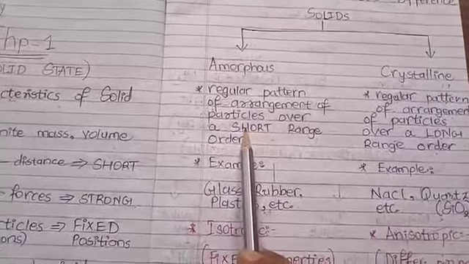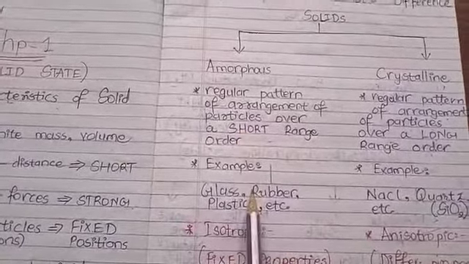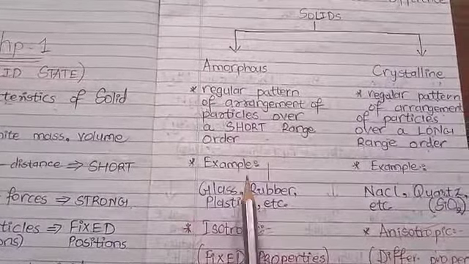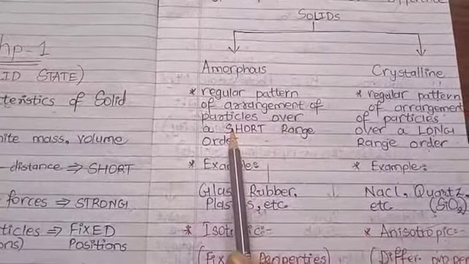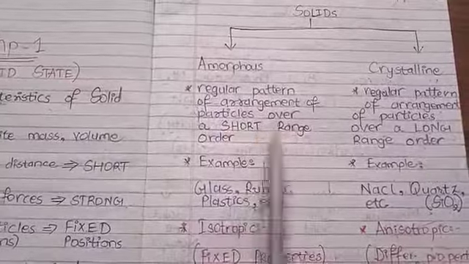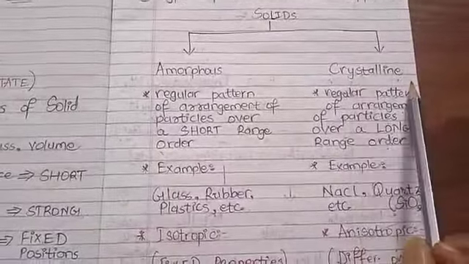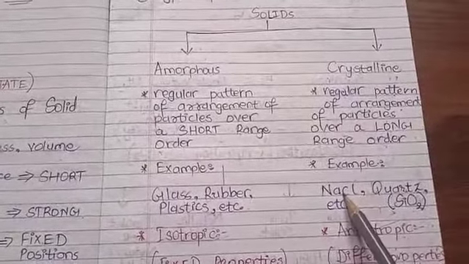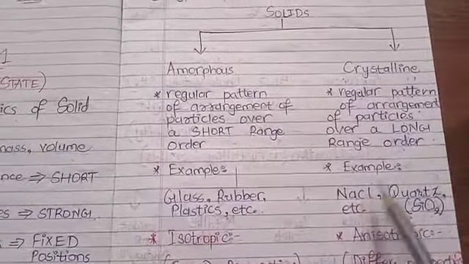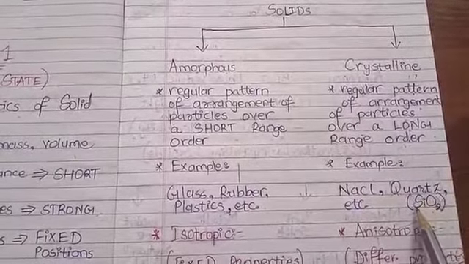You can see that you can stretch it easily, right? So yes, amorphous has only short range order. And if I move to crystalline, examples are NaCl, that is sodium salt, and SiO2 with